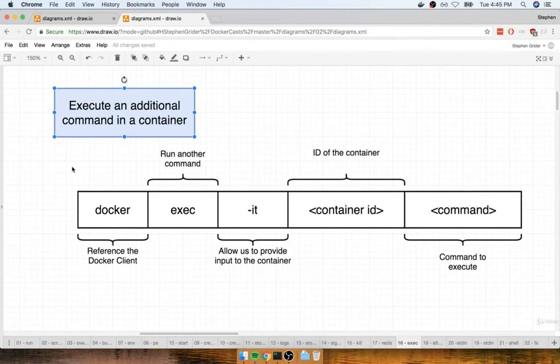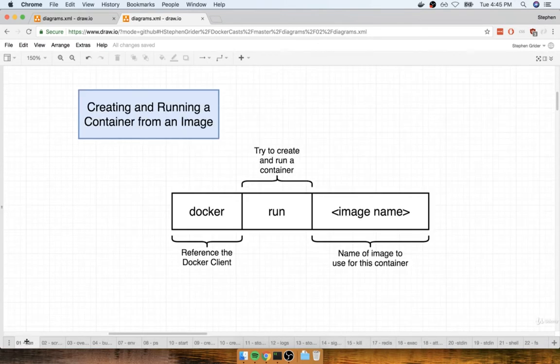But if we wanted to, we could also run the original docker run command right here, along with that -it flag, and start up a shell immediately when a container first starts up. Of course, if we start up a shell right when the container first starts, that's going to displace or keep any other typical or default command from running. But sometimes it is quite useful to get an empty container with a shell inside of it and just be able to poke around and not have any other process running.